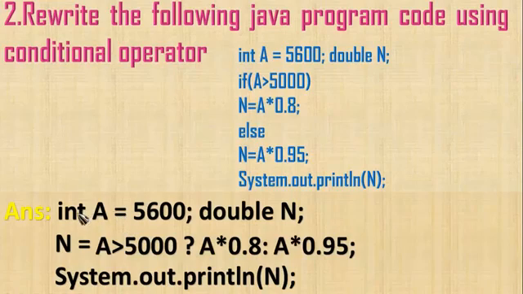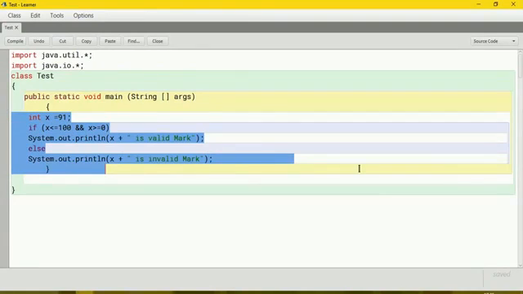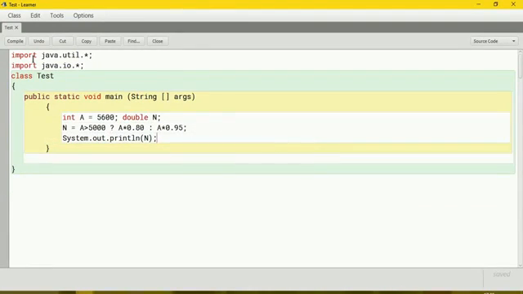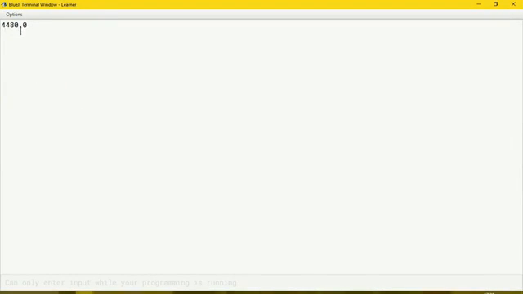So let us just execute only the answer part and then check. I will delete this code. I paste it. Now compile this. No syntax error. So 4480, that is 80%. That is true.